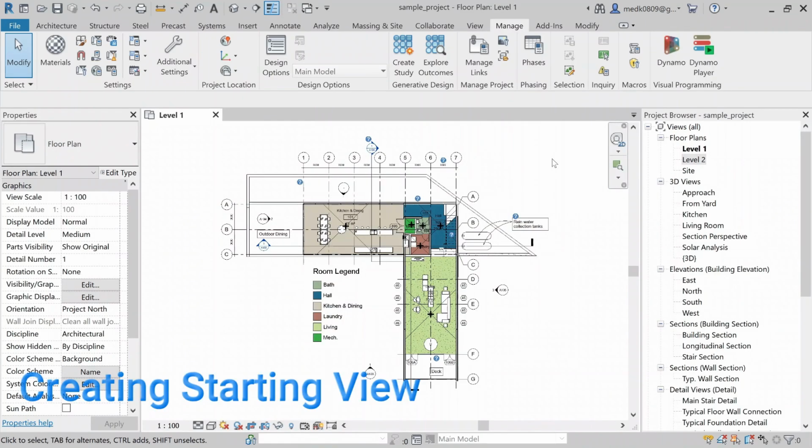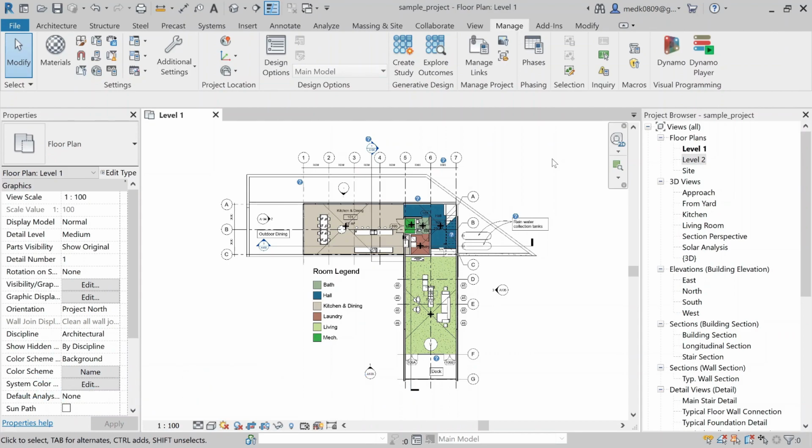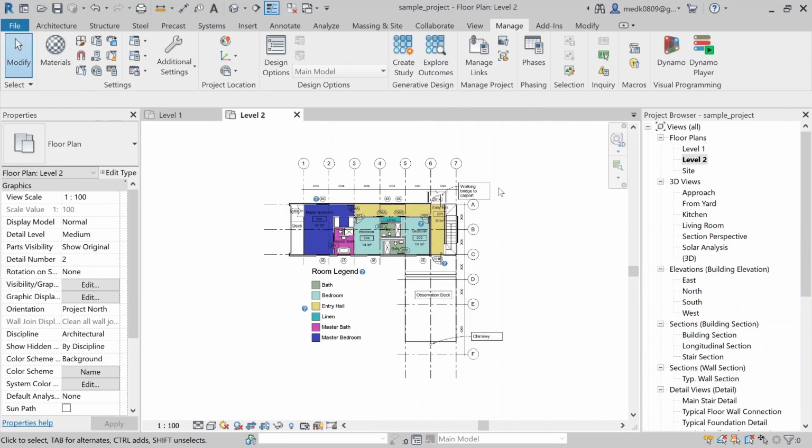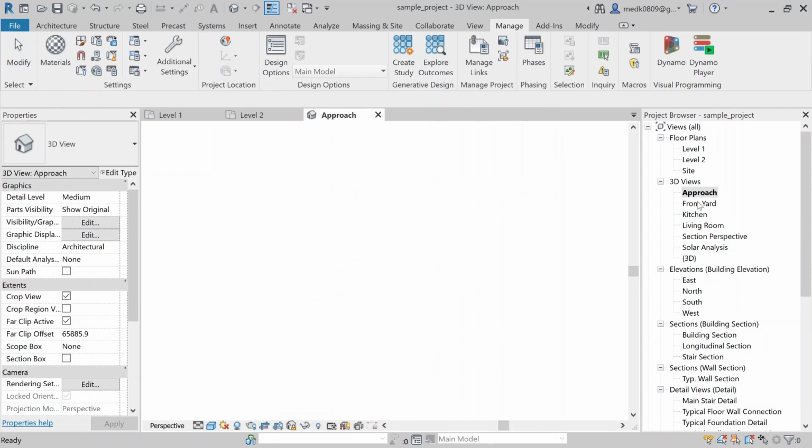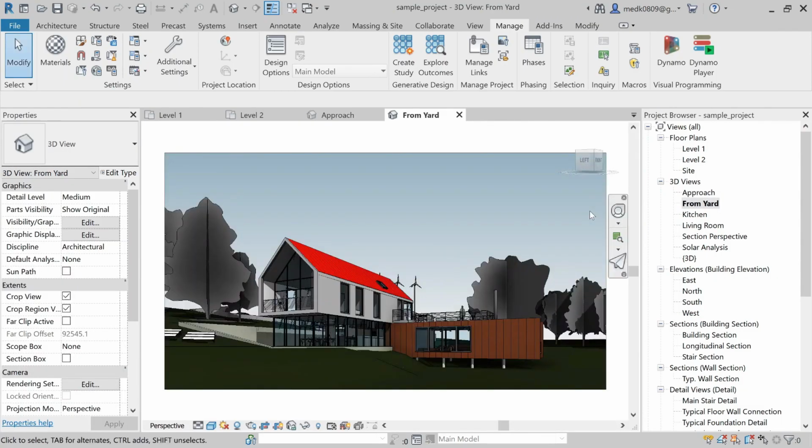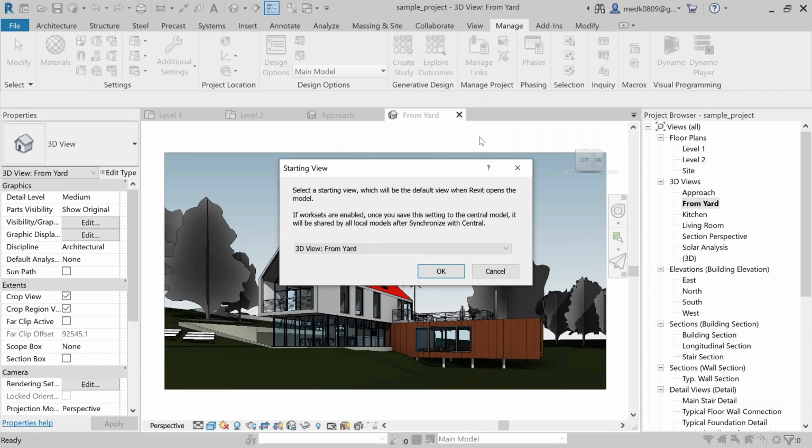So now we will see how to create starting views in Revit, and for that I have this sample project opened in Revit. So here we have level 1 and level 2 and some more 3D views, as you can see. So starting view is the view you see while opening your Revit project. Okay, so it is the first view. So let us say I want this 3D view as a starting view. For that I will go to the manage tab, and in the manage tab I will see this icon, starting view. Select this starting view, and